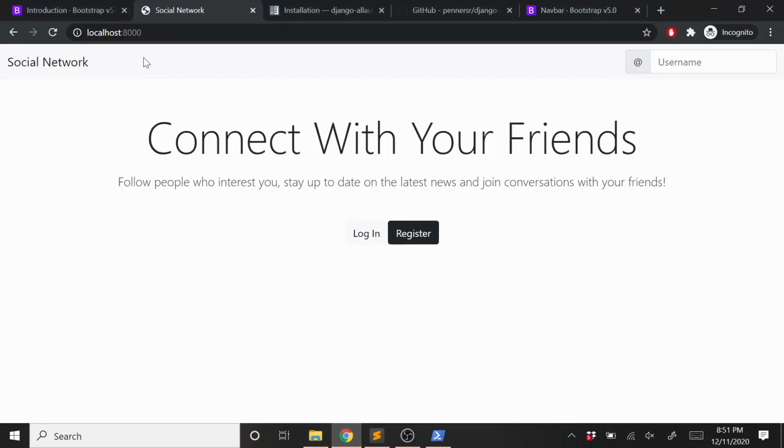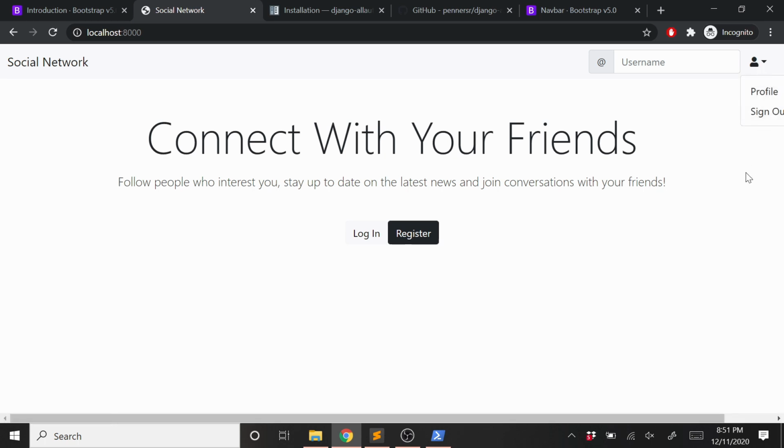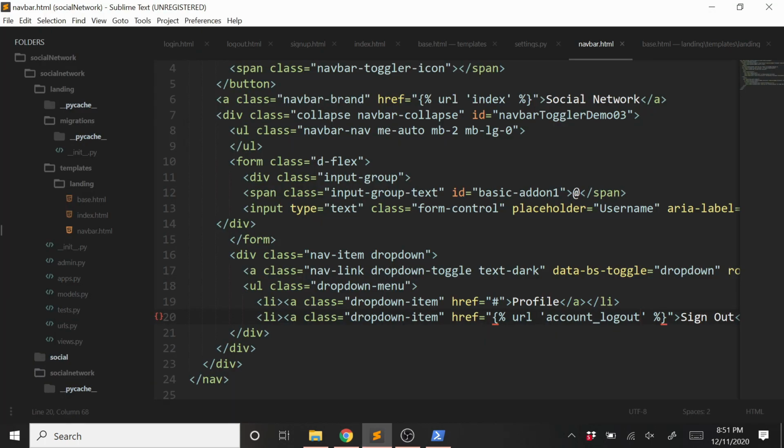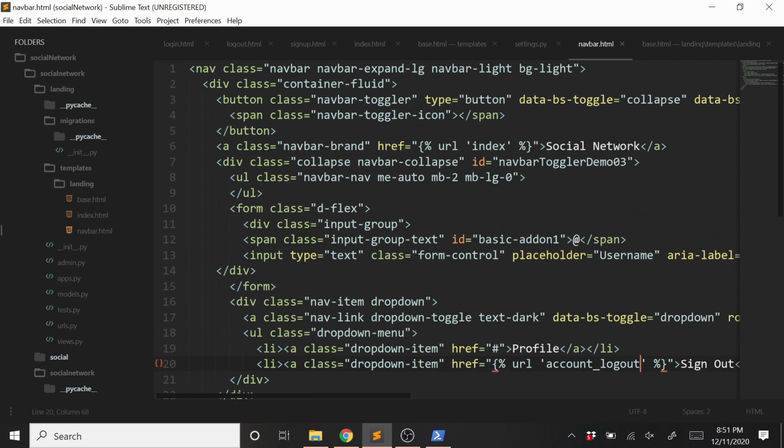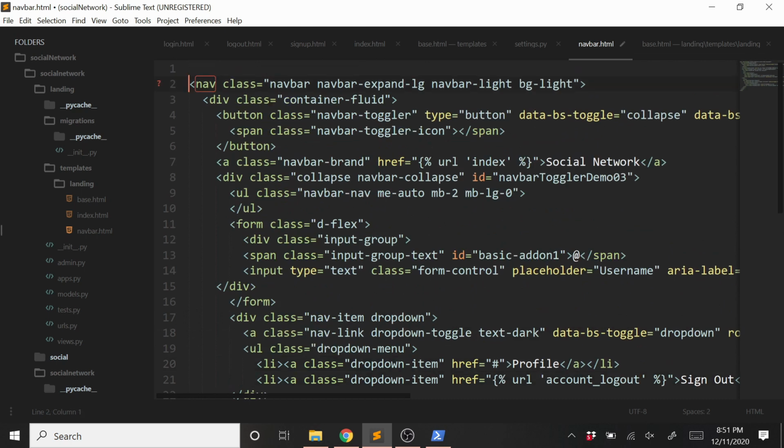So now if we go back here and reload the page, we'll see a drop down here with the menu. So here we go. Here's our drop down. There is one issue though. Right now it's cut off the screen. So the easiest way to fix this would be just to put a container around this to pull everything inside it a little bit. So a div, a class equaling container,